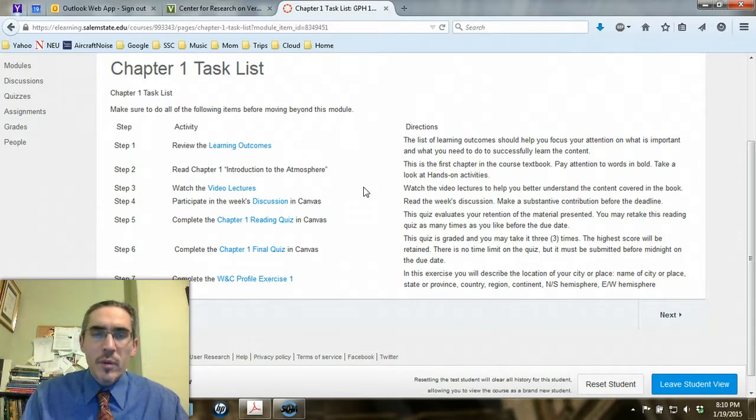So for the most part, particularly if it involves math or any kind of technical skill where you have to go online to a website, I will walk you through that process so that you see how it's done and it's as clear as possible. I don't want there to be too much confusion, but again, I encourage you to help each other out also in the discussions, which brings us to step 4.